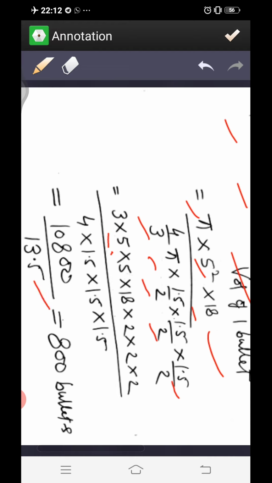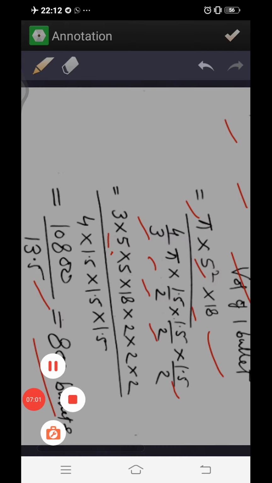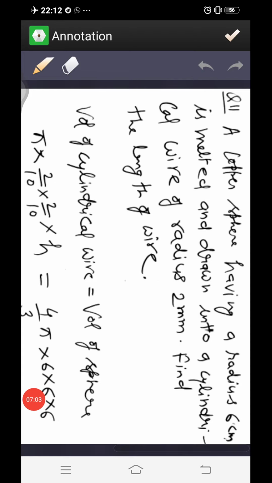10,800 divided by 13.5 is equal to 800 bullets. So the number of bullets will be 800. Let us take